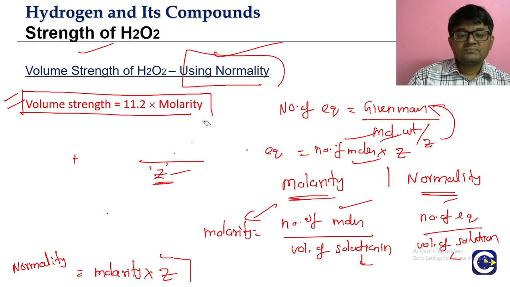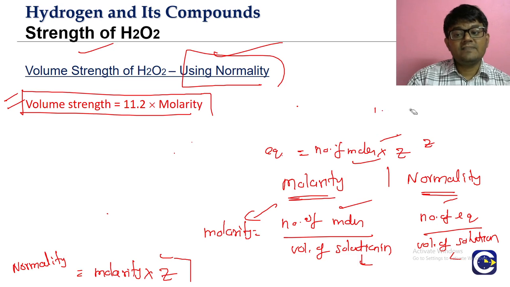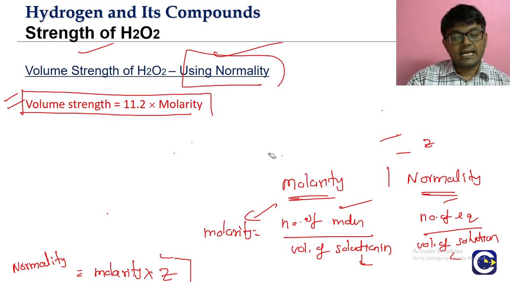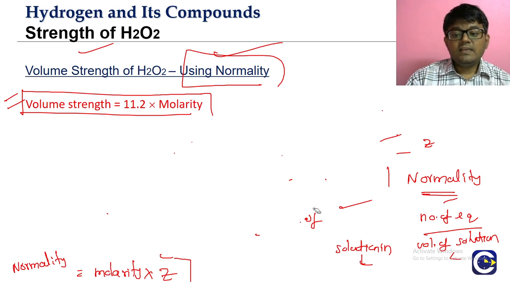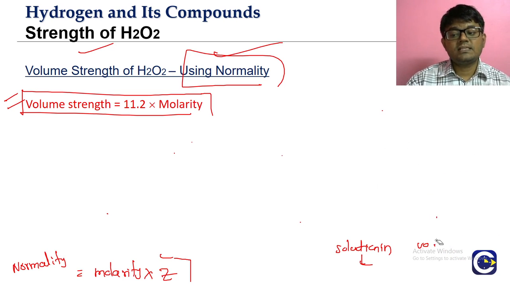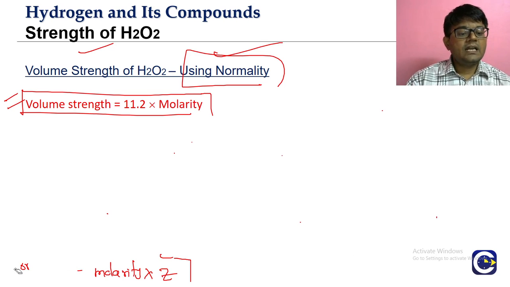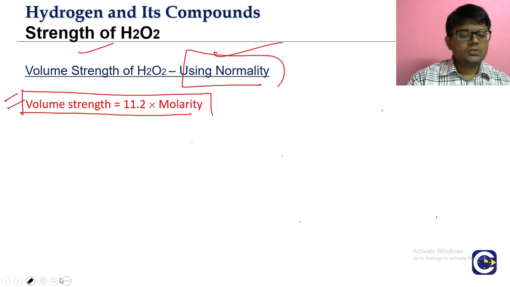For a salt like NaCl, MgCl2, what is the valency factor we will choose? It is the total charge on the cations, which will of course be equal to total charge on the anions. For an acid, we will have a different approach to measure. For an acid, it is the number of H plus ions given by the acid. That is the Z value for the acid. For the base, we will generally take the number of OH minus ions that can be given by the base. Like that we will take. Okay, so we have discussed that in the basic concepts of chemistry chapter.